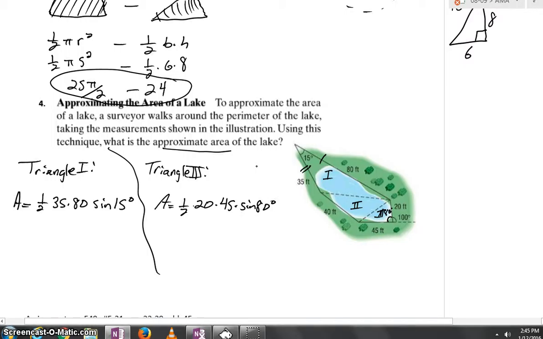Let's find them. Maybe we could find some sides. We'll call this X. Working with triangle 1, could you find out what X is? With the law of cosines. If I call this y, working with